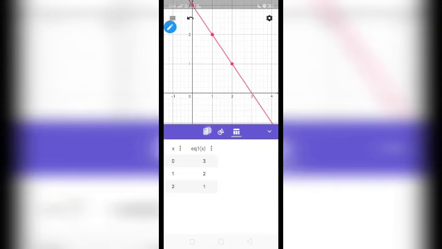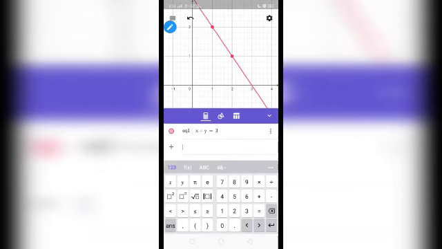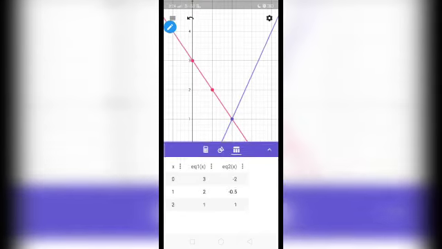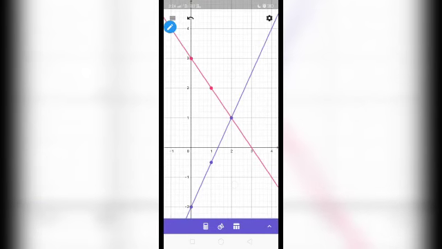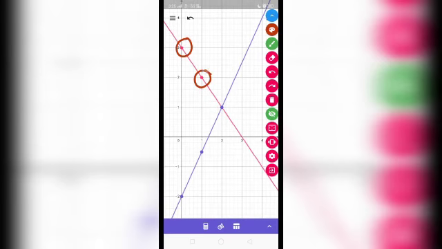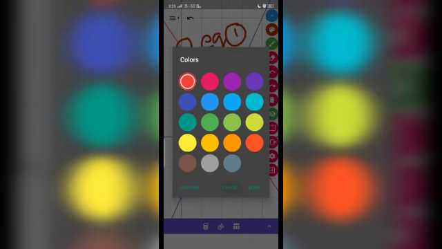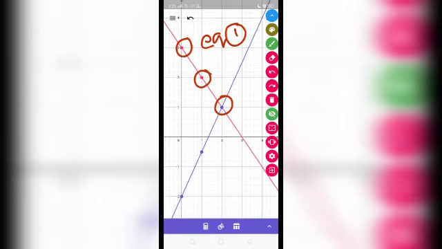Draw the x-axis and y-axis. Then plot the first 3 points on a graph. So x plus y equal to 3. We found 3 solutions. Plot them on a graph. Similarly, for the second equation 3x minus 2y equal to 4, we found 3 solutions. Plot those points. (0, 3), (1, 2), (2, 1) are the 3 points for equation 1. And for equation 2, (0, minus 2), (1, minus 0.5), (2, 1). These are the 3 solutions we found.